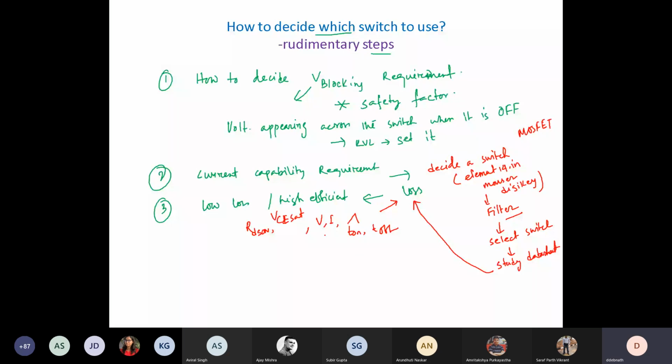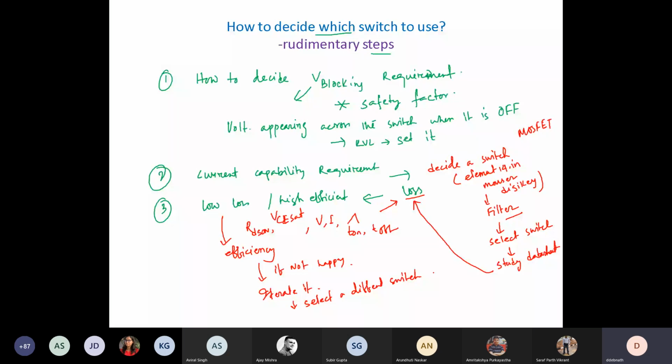From that, you know what will be the efficiency of your converter. If you are happy with this, let's say you are getting 95% efficiency, 96% efficiency. If you are happy with that, you go with this particular selection. If not happy, then iterate again. So basically, select a different switch. And do the same process again, right? And this you do till you get a good solution.